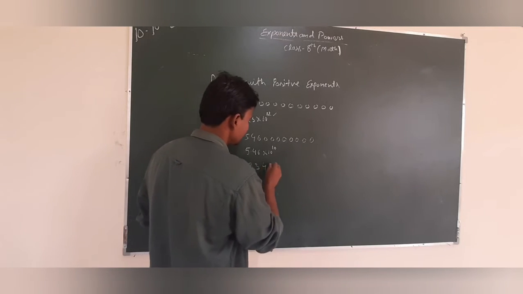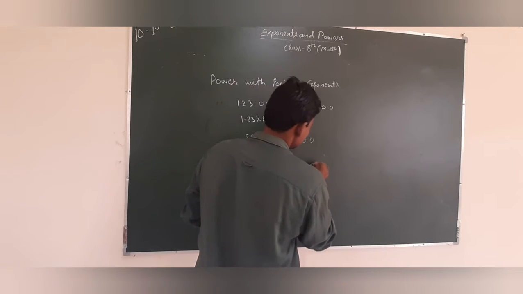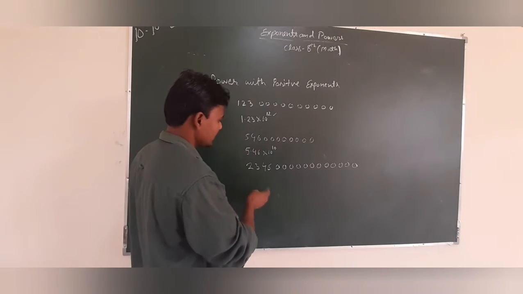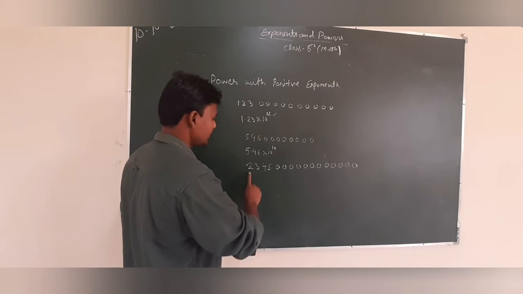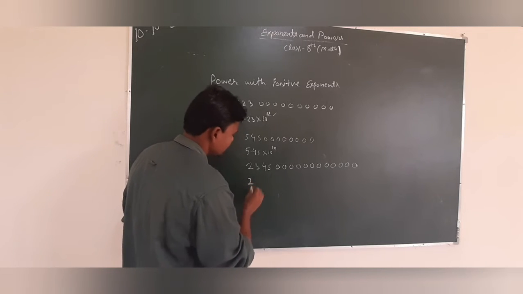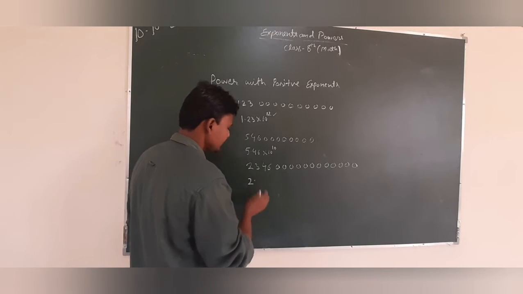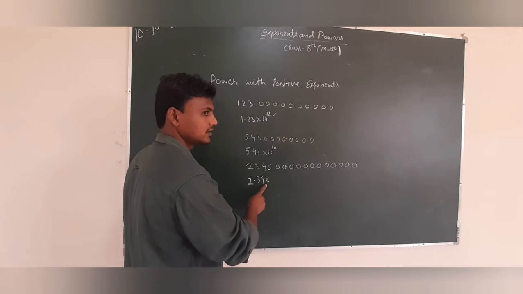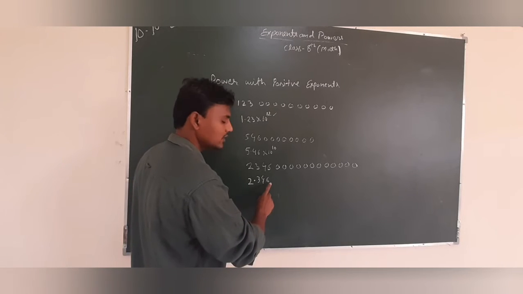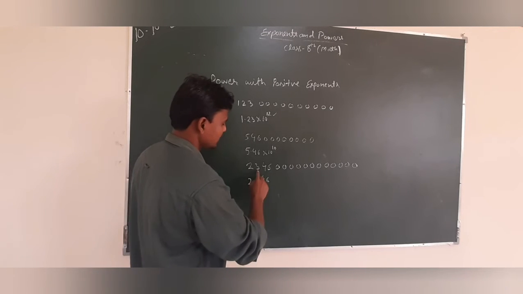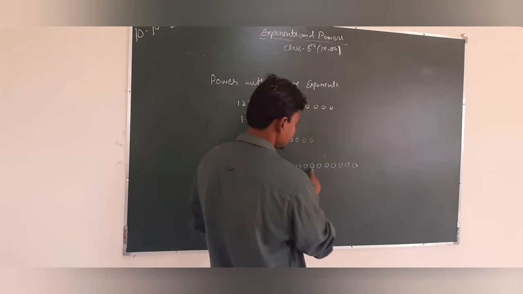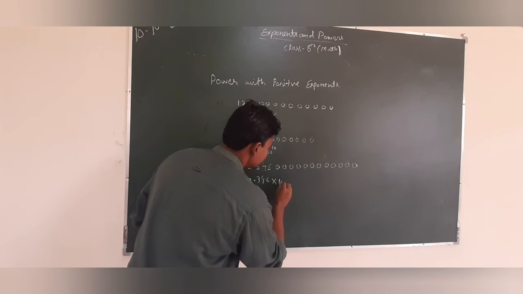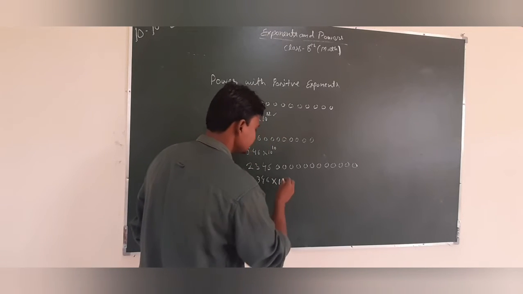2 3 4 6 0 0 0 0 0 0 0 0, write it. Here we place the decimal after one digit, that means 2. We put a decimal and count 3 4 6, write the digits other than 0: 3 4 6, and count from 3: 1 2 3 4 5 6 7 8 9 10 11 12 13 14 15. That means into 10 raised to power 15.